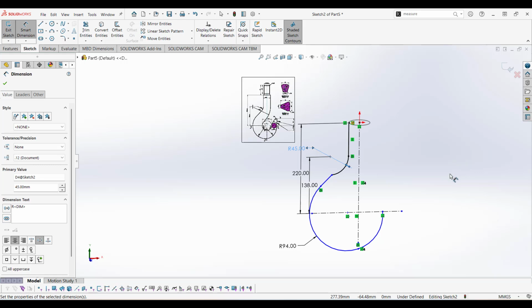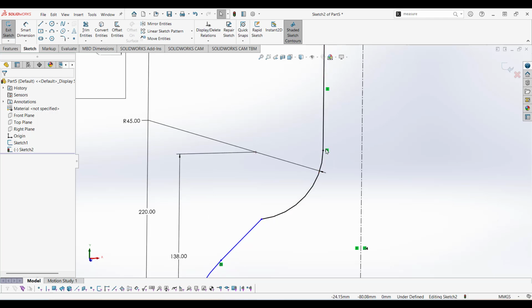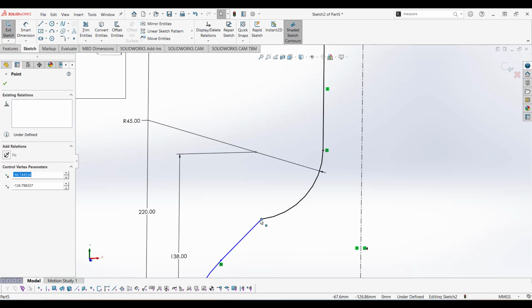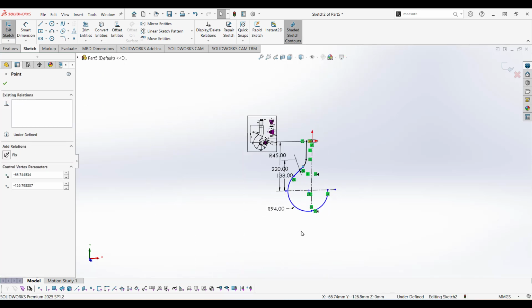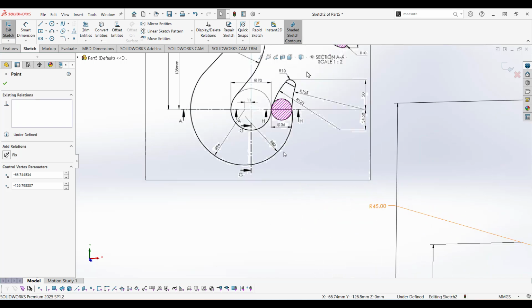Okay, 45. And the starting point between these two segments are tangent. So here I just click that point, right click, and make that tangent. Alright, so now it seems we made the portion of this guideline, and with the